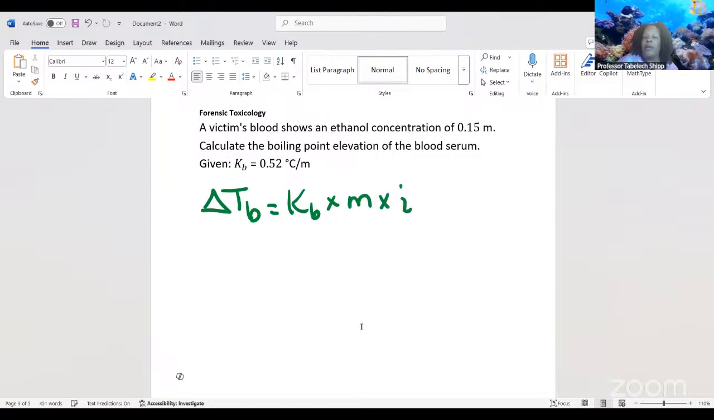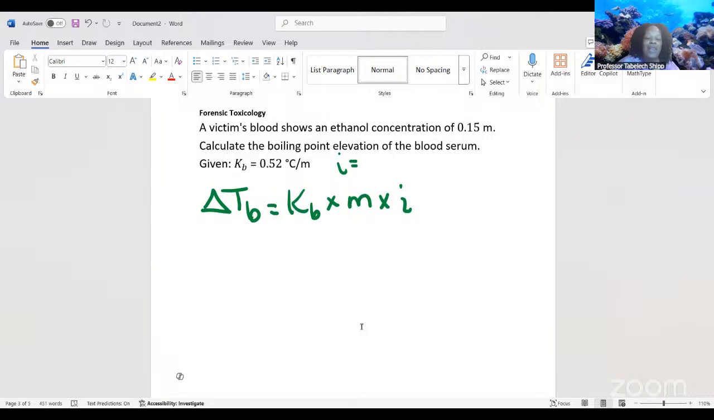Okay, all right. So now, in this example here, it says a victim's blood shows an ethanol concentration of 0.15 molality. Calculate the boiling point elevation of the blood serum, given 0.52 degrees Celsius per molality. Okay, this problem is not going to be a lot. You know why? Because you don't have to do any calculations in terms of molality because they actually gave that